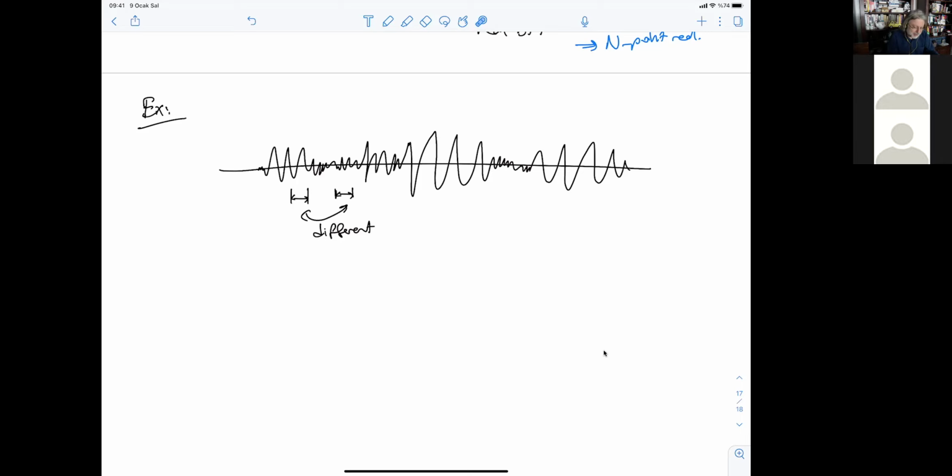Actually, for speech compression, the model that they usually use is AR10. That's why they use linear predictive coding, not transform coding, which we have seen before in the format of LPC10,